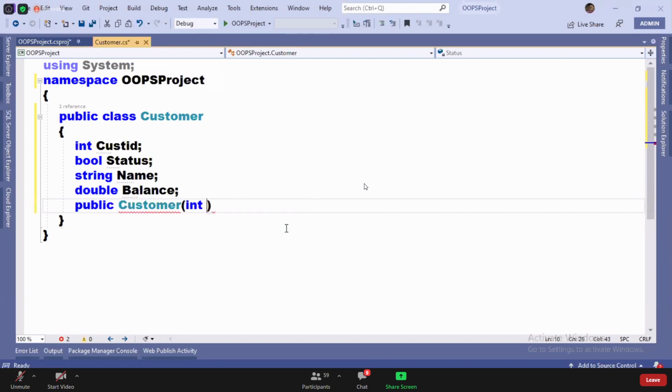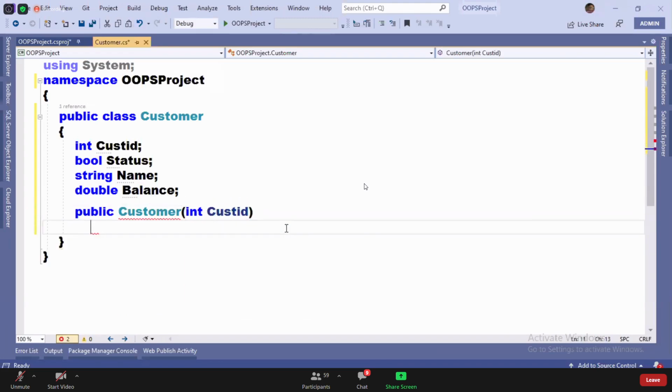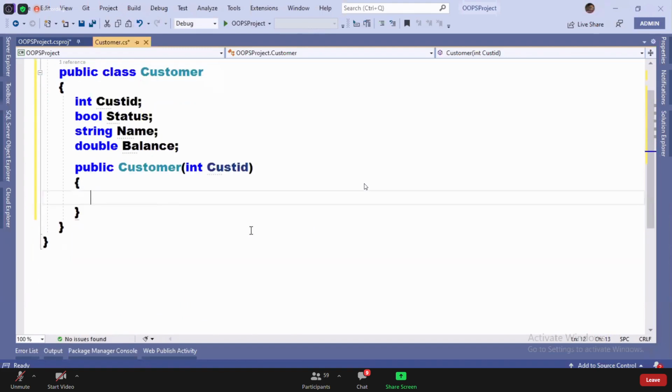See, I explained you in the ATM system case study. Do you remember this, guys? All these attributes, basically, we don't initialize manually. So we will take the customer ID from the user, from the ATM card, and with that customer ID, we will be loading the rest of the values from the database. Remember that? Okay. So that's the process actually.